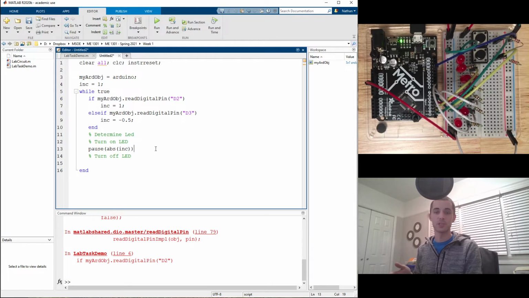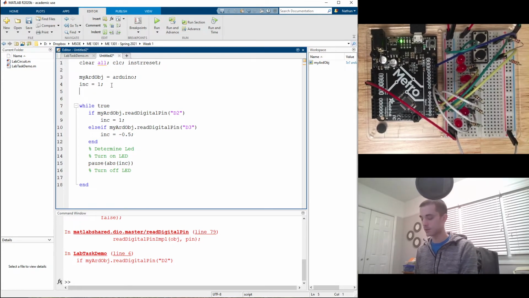So we need to determine which LED to turn on, wait for a little bit, and then turn it off. So we need to store somewhere what the current LED pin number is. And we can say LED pin, and let's start, because we're incrementing upwards, let's start with 4 because that's the first LED that I've got. LED pin equals 4. And what I can do is then say, well, determine the LED. I can say LED pin equals LED pin plus